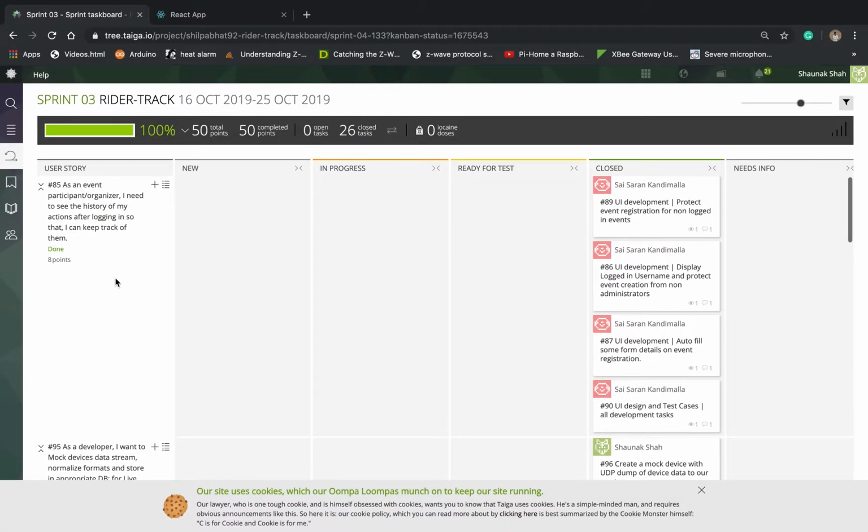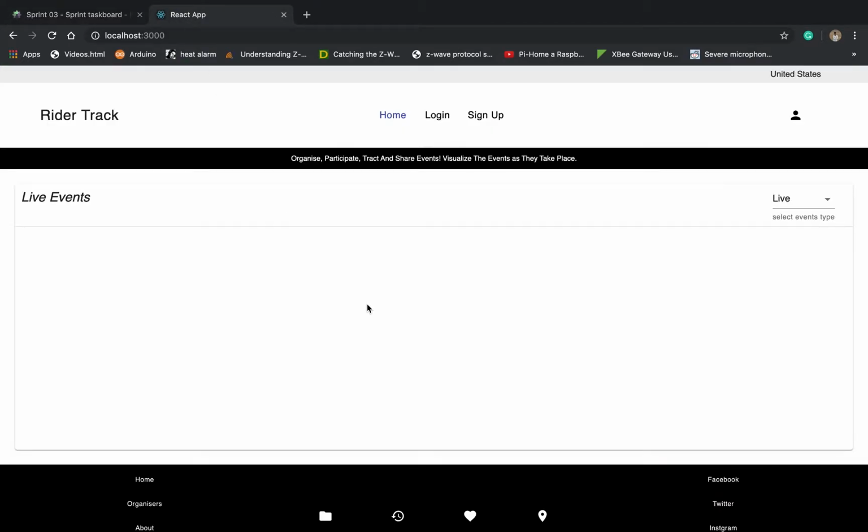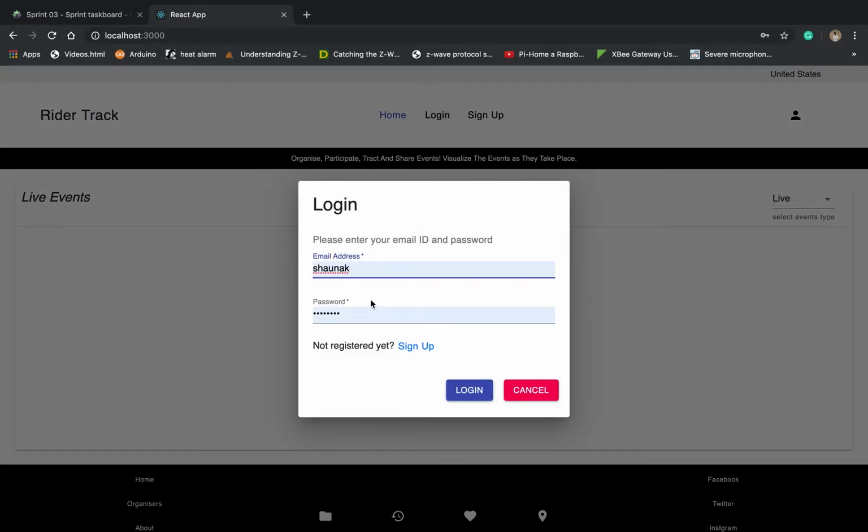So this is user story number 85, worked on by Saran. It says that as an event participant or organizer, I need to see the history of my events after logging in, such that I can keep track of my events. That is, once the user is logged in, we need to be able to show them which events they took part in,